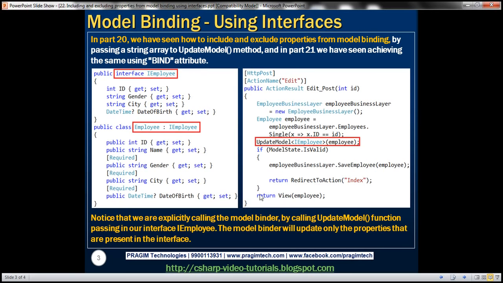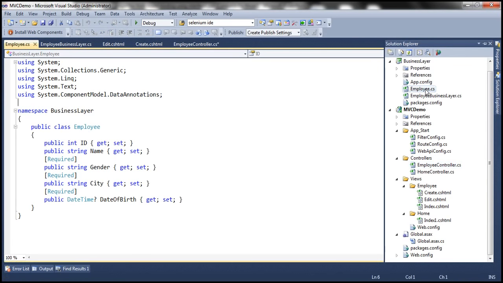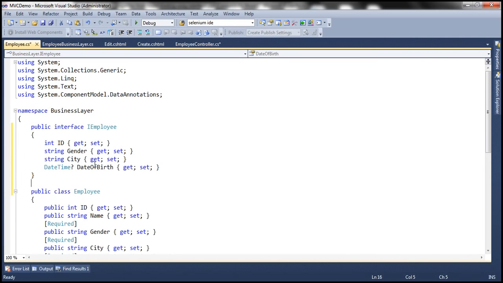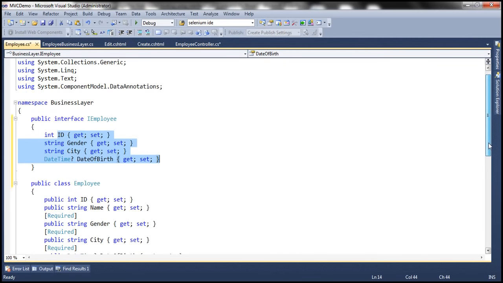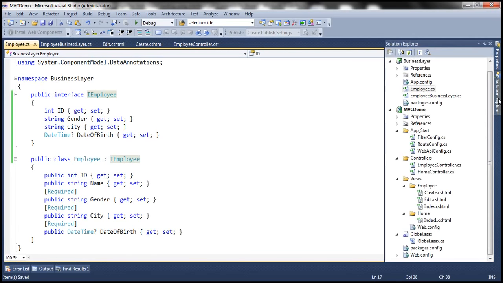So let's flip to Visual Studio. So our employee class is present in our business layer project. So the first step is to create the interface. So here we have this interface IEmployee, and notice the properties, we don't have name property because we don't want to include a name property in model binding. And then the next step is to make this employee class inherit from that interface IEmployee. Now let's go to our employee controller